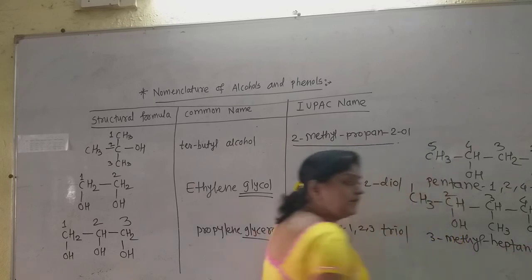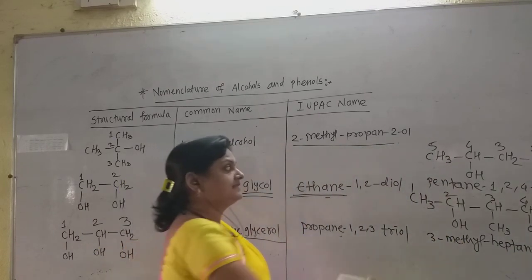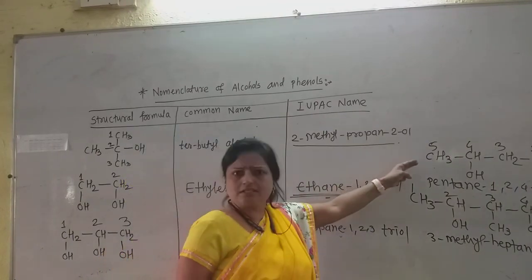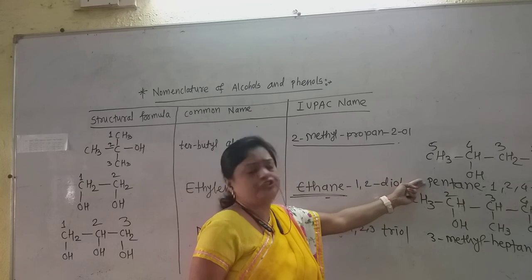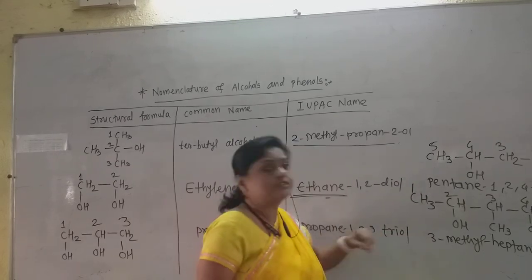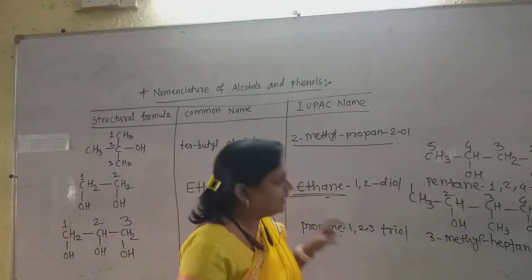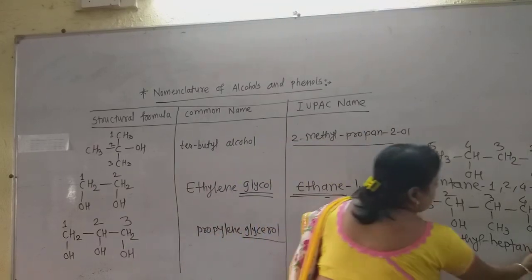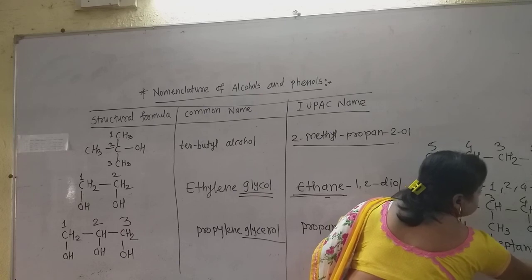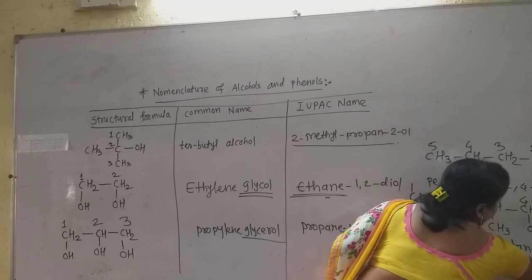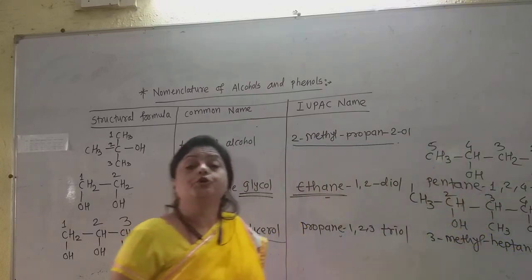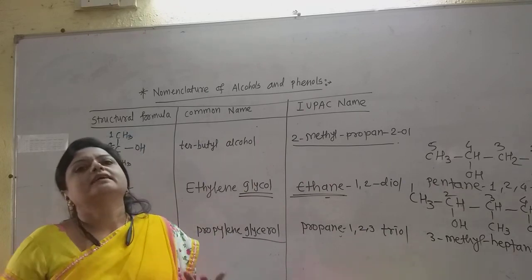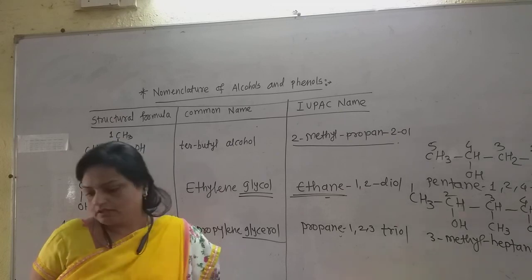Write down completely the name of the alkane, heptane, as I wrote here the complete name of pentane. Here there was no substituent, so the substituent's name was not there, but here there is a substituent. So 3-methylheptane. Now on which carbon atoms are the hydroxyl groups? On 2, 4 and 6, and it is a triol. Now this is the IUPAC name of the alcohols, and after that we will consider the IUPAC names of the phenols also.